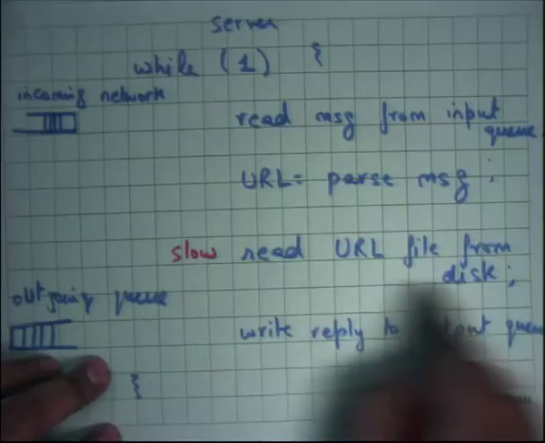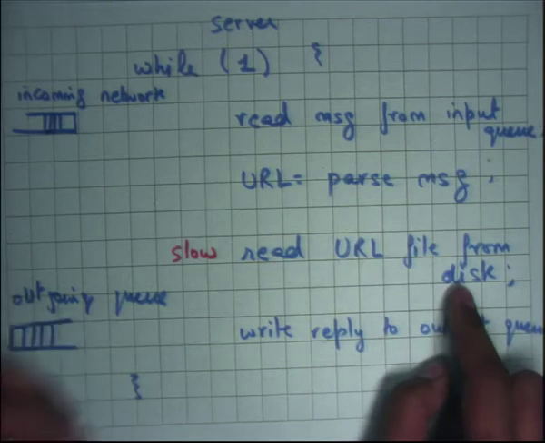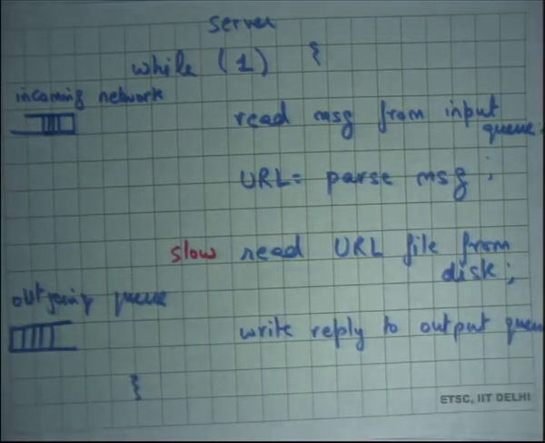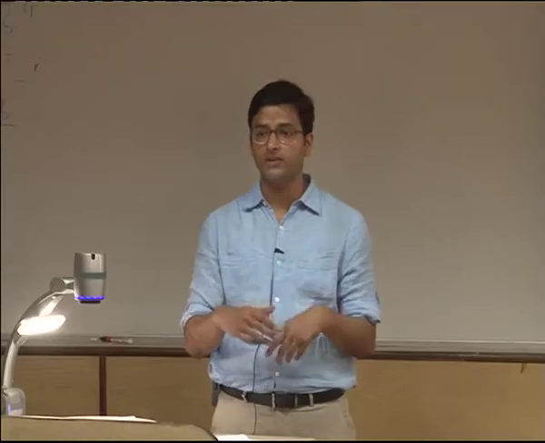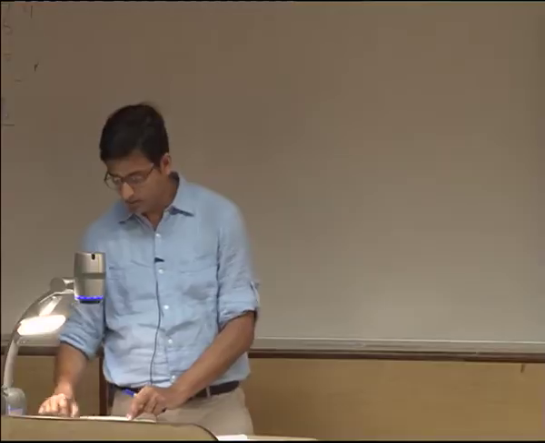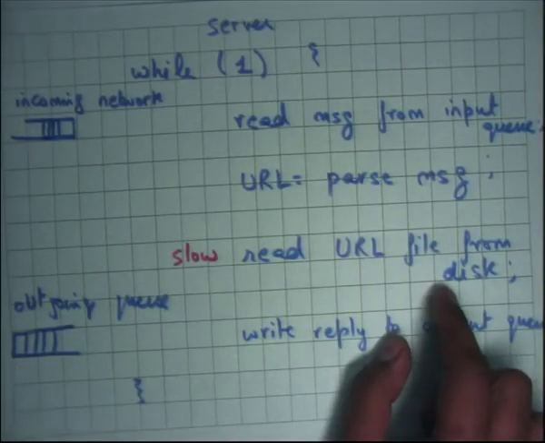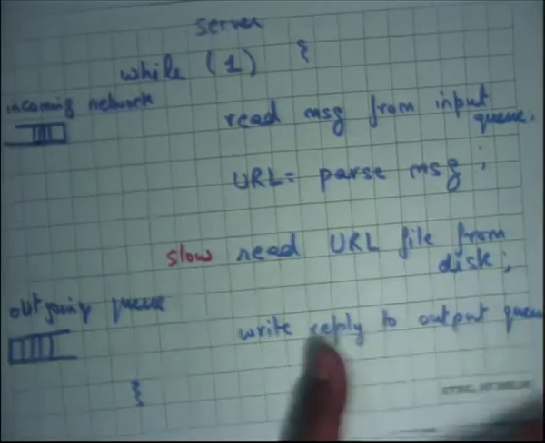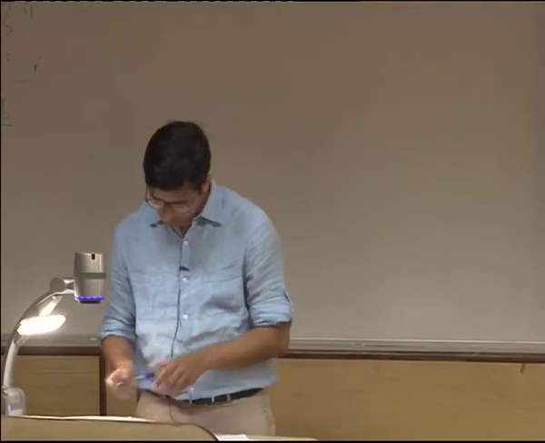Well, the first thing is, why do you have to read from the disk every time? It's quite likely that the same pages are being requested by multiple clients, which is often the case, right? So once again, we are taking advantage of locality, spatial and temporal locality, and we're going to use caching, and we're going to cache the contents of the disk in main memory. Right? Okay. So let me rewrite this code for the server, and I'm going to say